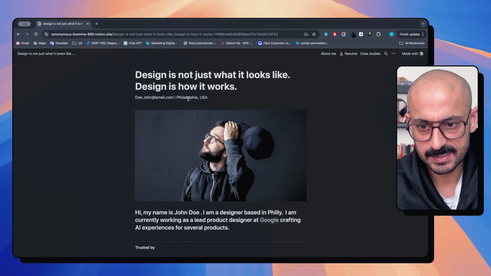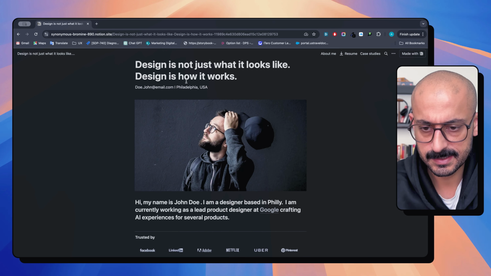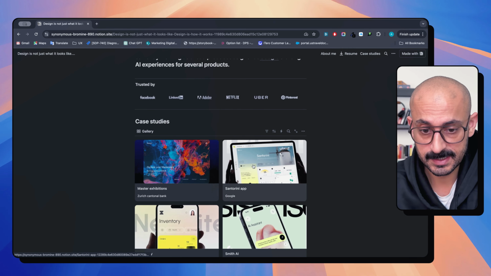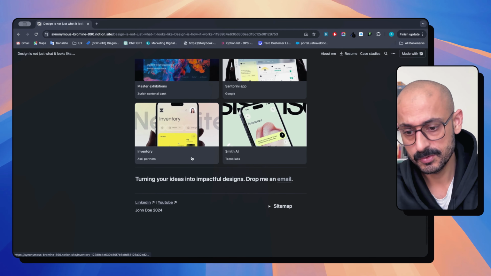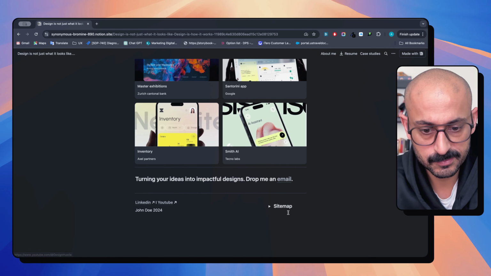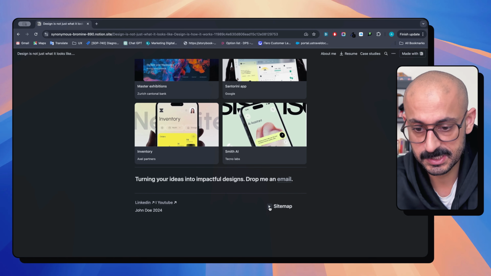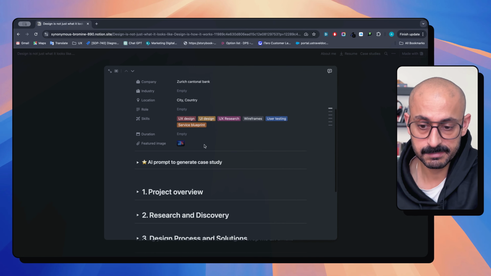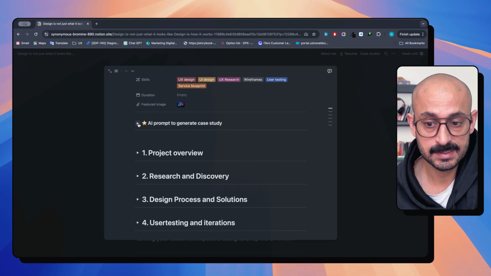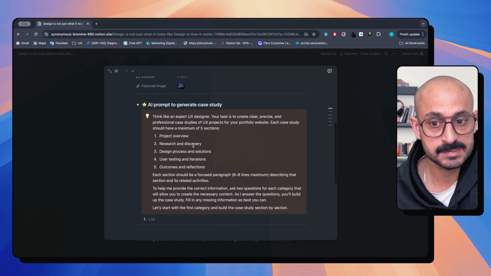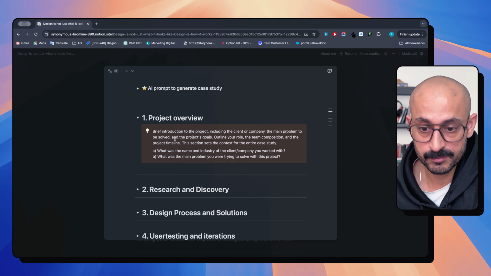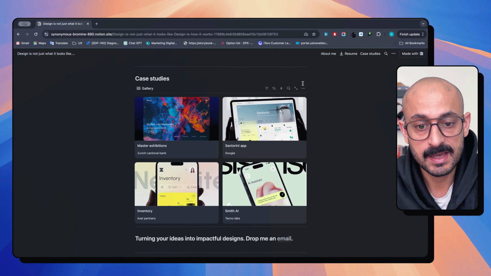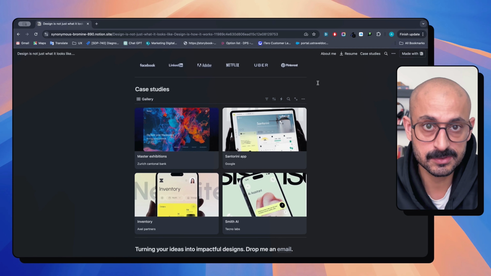Alright, this is what the page looks like. You've got the header, the statement, you've got the blurb, you've got the social proof, you've got the case studies. I've added some of them for you. You've got LinkedIn, YouTube, sitemap, which was the navigation, changed a bit. And the fun part is if you click on any template, what I've added is the AI prompt for you, so you can copy paste this. Then you can add the project overview, all the things that I was talking about. All the structure has been copy pasted as a template that you can add,